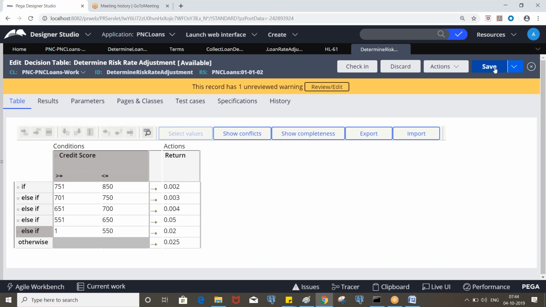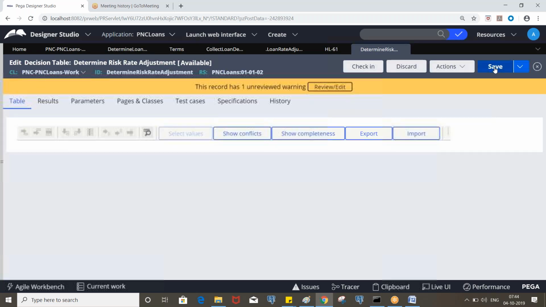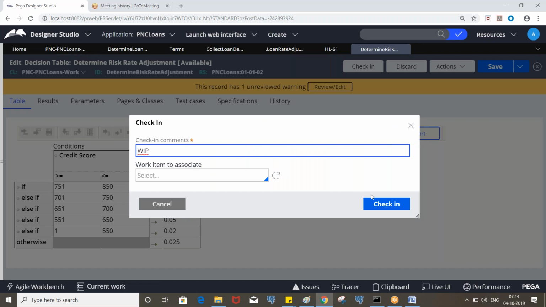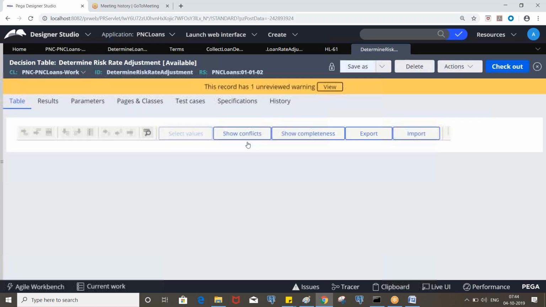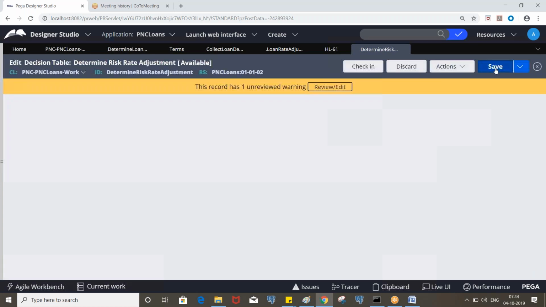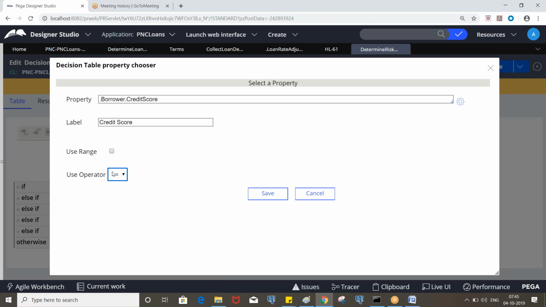Right, the values should be in descending order. Here we specified the range, but it can be anything. Let me show you some scenarios. Let's say we do not have a range here.